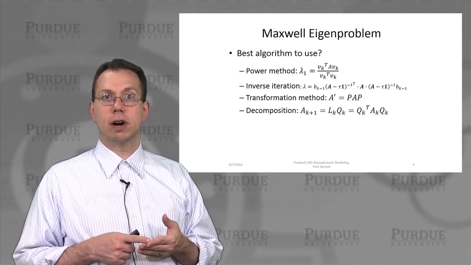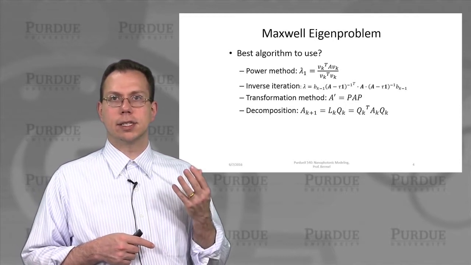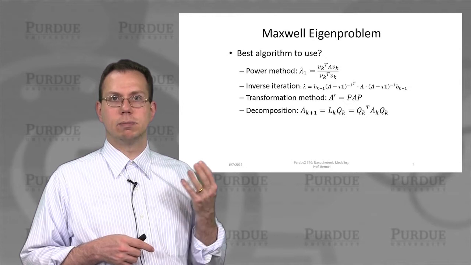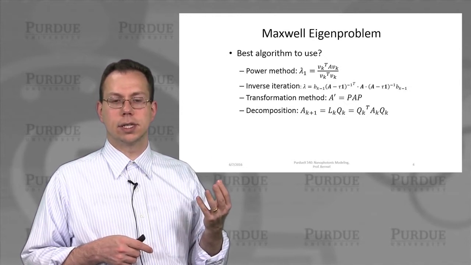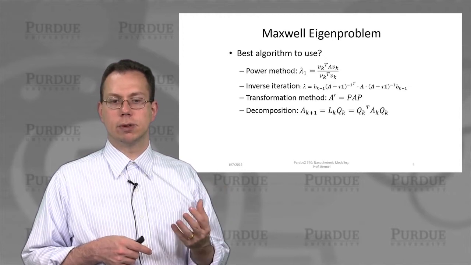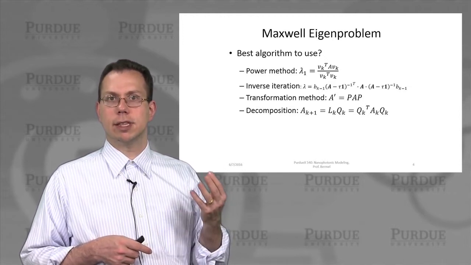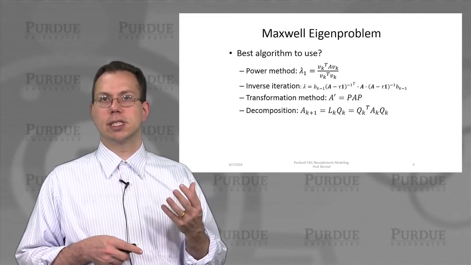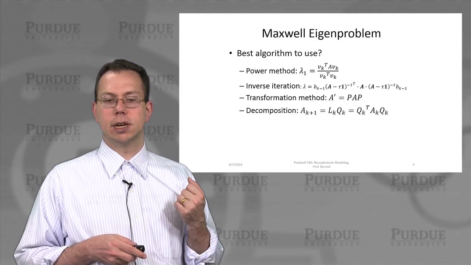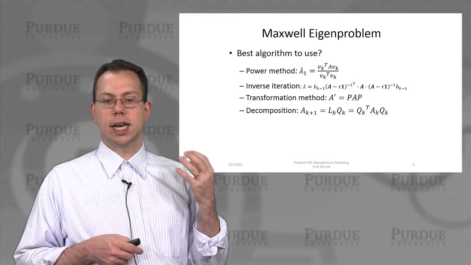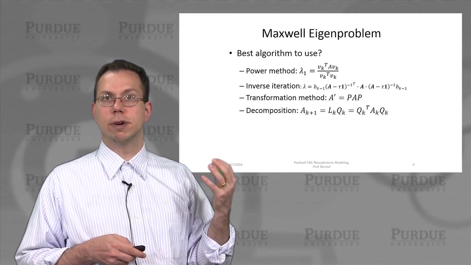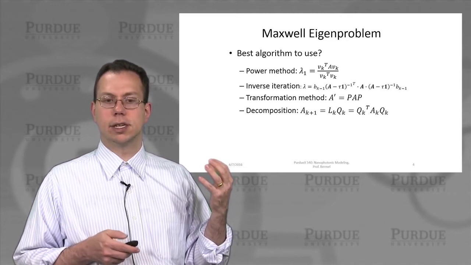The first approach, the power method, would allow us to get a single eigenvalue that dominates the eigenproblem, but doesn't give us all of the solutions, so it's not necessarily the best. Inverse iteration is targeted, but we'd have to do it multiple times. Transformation method is more promising because it would give us the full set of results, but it's actually easier to use a decomposition method, which is something that kind of naturally enables us to generate a set of transformation or rotation operators and matrices.